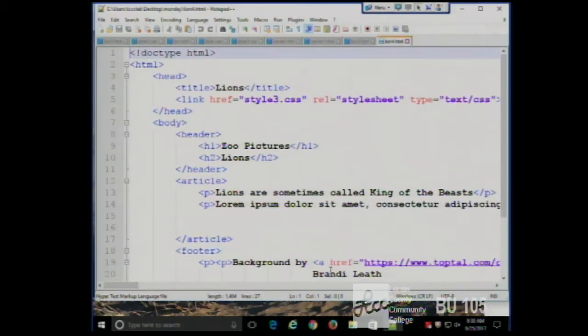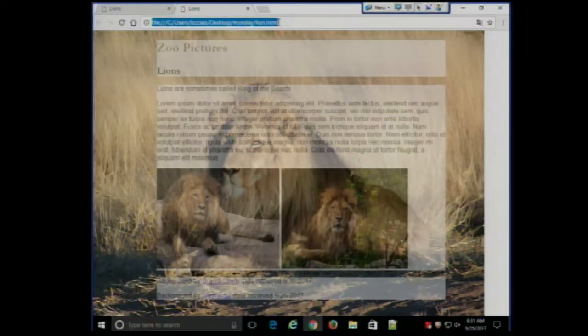No. Well, you have to publish it on the web insofar as you have to put it on a web server that is connected to the internet and that people can access. But Google actually has what's called crawling. It just constantly is looking for pages and files and stuff on the web. So for example, if we did a search for lions